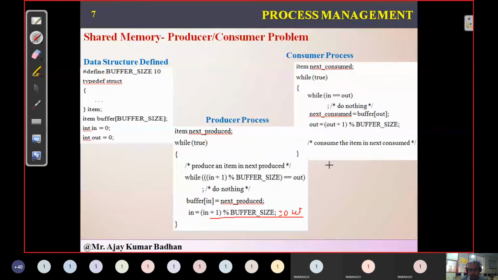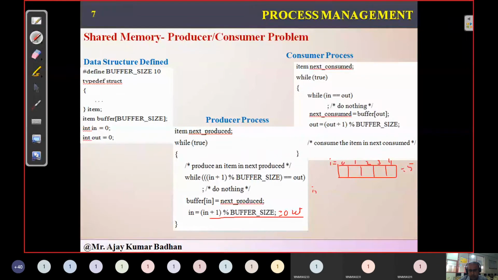Let us take a small buffer here, an array. You can call it a buffer or shared memory. With indices 0, 1, 2, 3, 4, we have 5 slots. Since the index starts from 0, we are representing from 0 to 4. What did I say earlier?